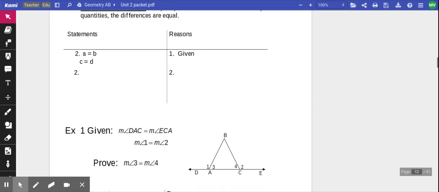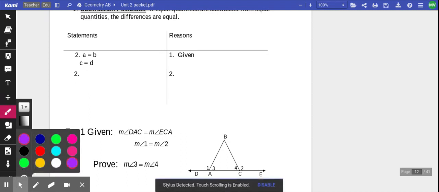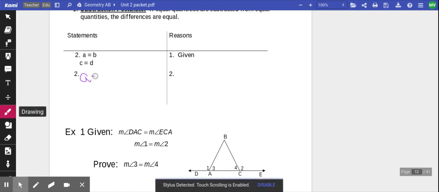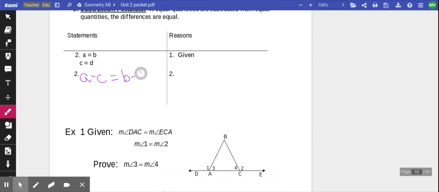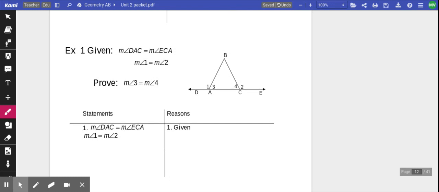So in my basic example here, when I have A equals B and C equals D, I can say that A minus C equals B minus D. And that would be the subtraction postulate. Now, when we're doing that with angles or segments, we need to take care to make sure we are doing larger minus smaller. So when we take a look at example 1 here, we have that DAC is equal to